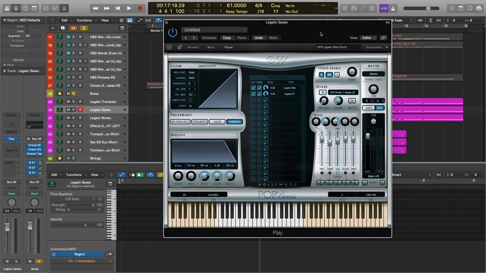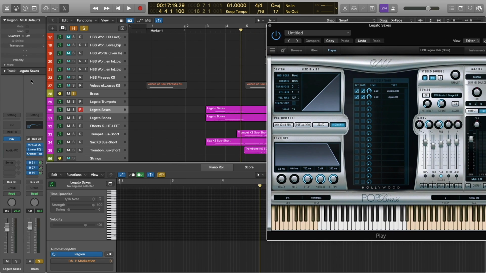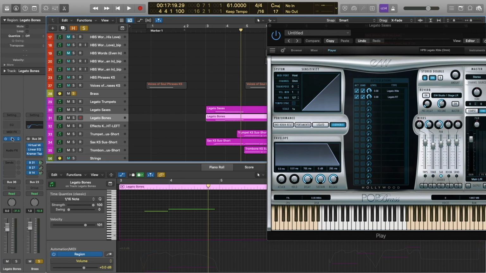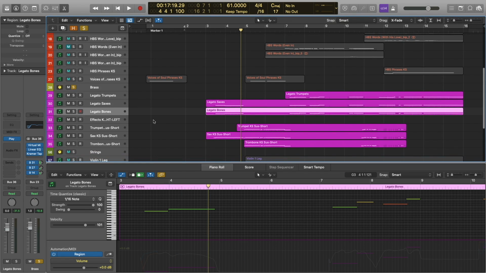A lot of the mids are gutted, and that's just because with instruments like piano and guitar filling up a lot of that space in the mids and in the low mids, brass can really very quickly create a cluttered mix. So in this case, the saxophone here is panned all the way to the right, and I'm just using the one sax mic. So essentially you're getting a mono signal from the saxophone here. Same thing with the trombones, but they're panned all the way to the left. And the trumpets are in the center, but I'm only using the close mic.